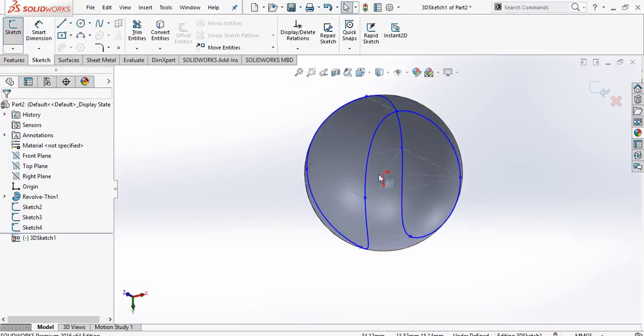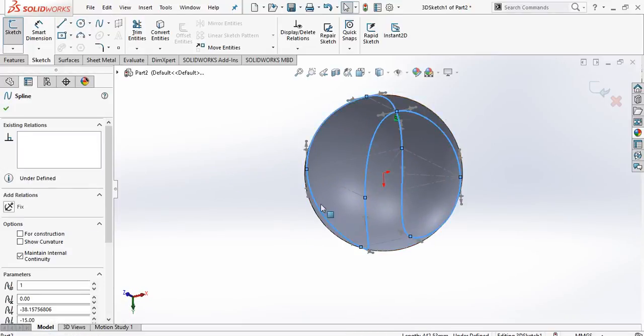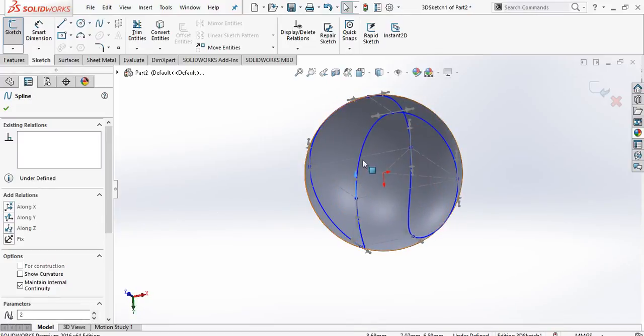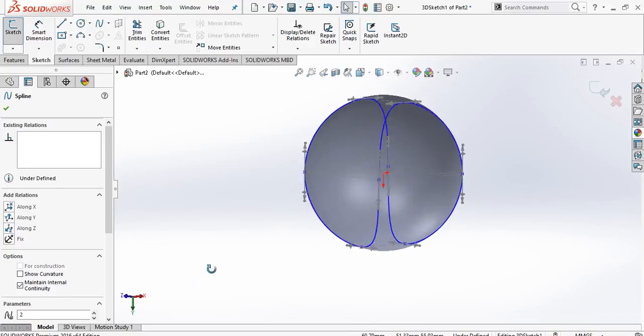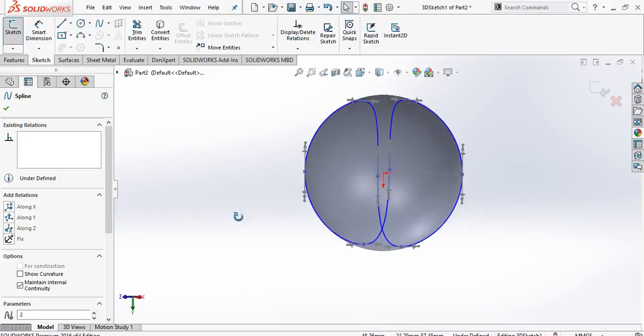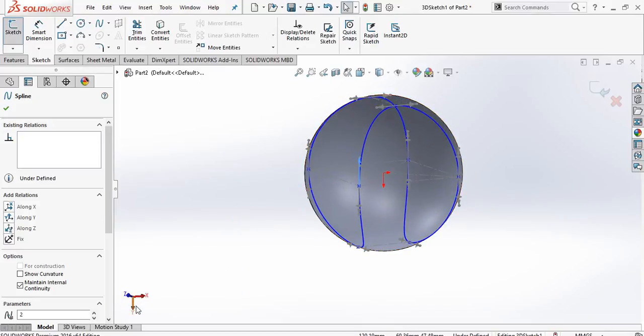Now do one thing, select this spline. Now choose this arrow, and this arrow should be in y direction, right? So here select y, and this should also be in y direction, select direction y.